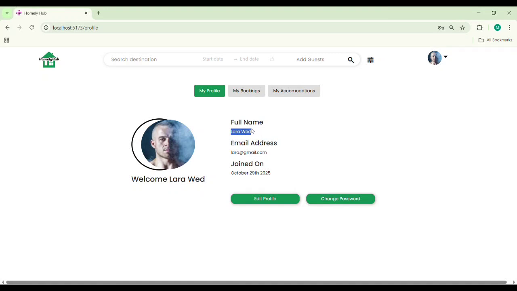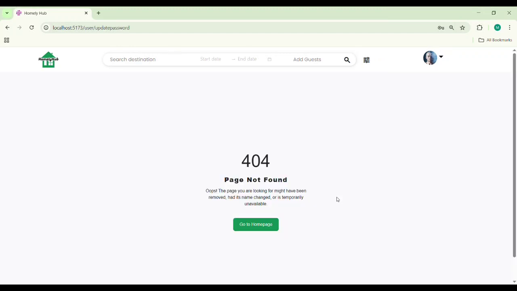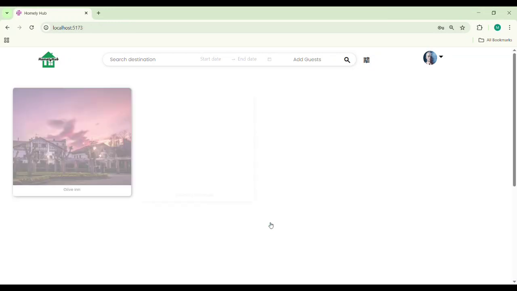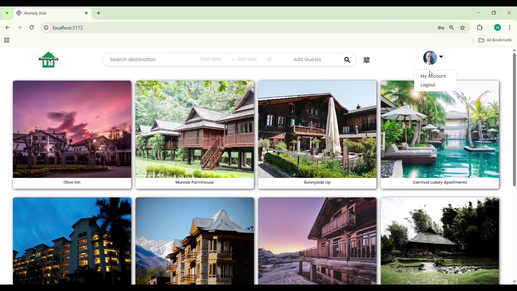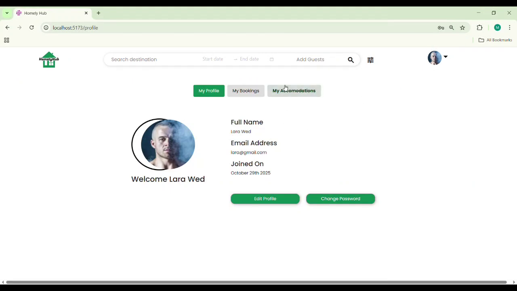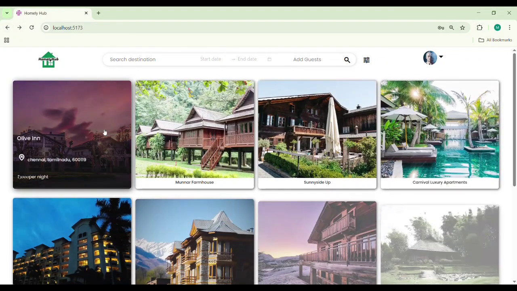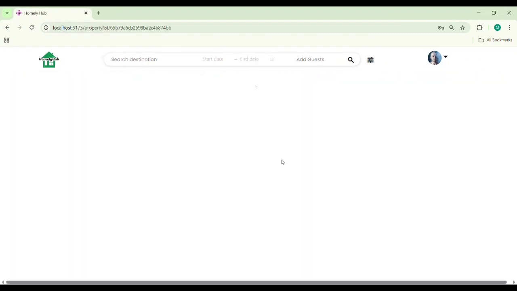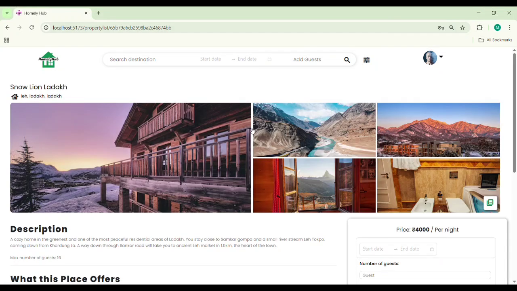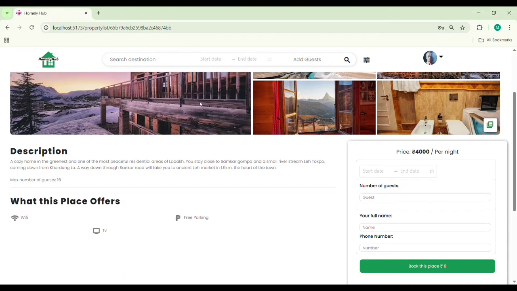My name has been updated and I have logged in on 29th October 2025. If I want to change the password, I can go for it. Then here are my bookings. Now let's book some place first, and I will pick this place. After clicking on this place, it is showing the place name, place location, and the pictures of the place,